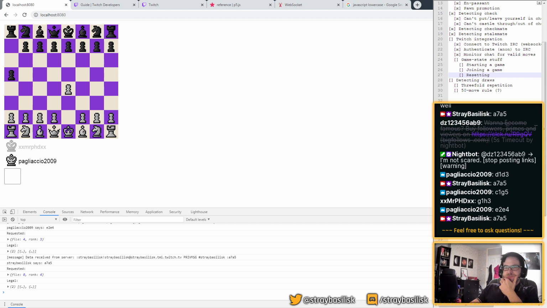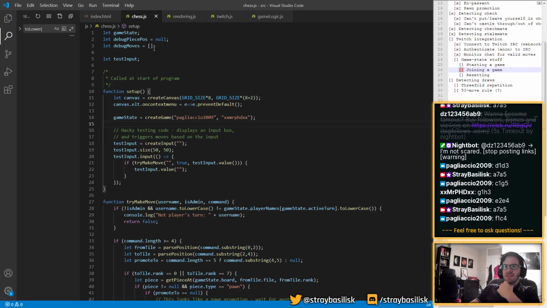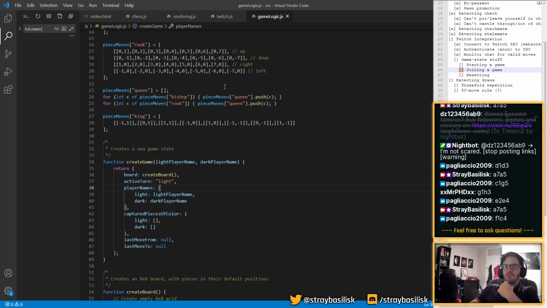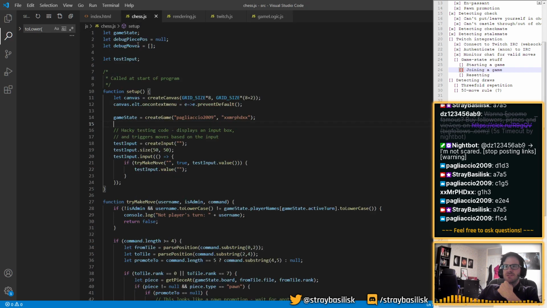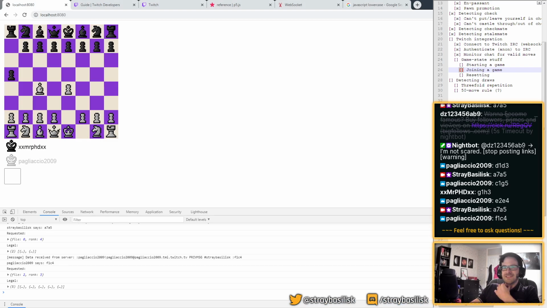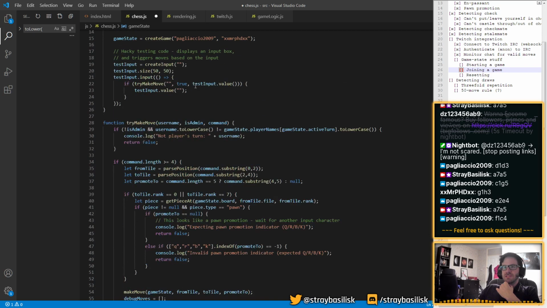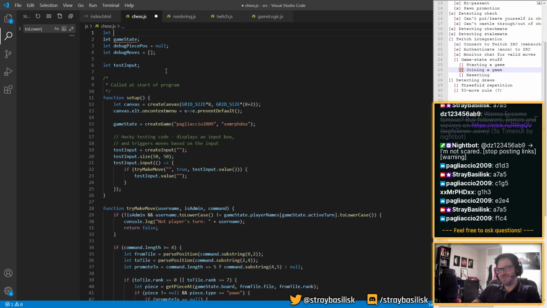So now we need a bit of some states, basically, for this kind of stuff. So let's go through. It's here, right? So let's do like high level state. We've now got 2 levels of state, right? We've got the state of the chess game, and then we've also got the state of the bot itself. I don't know what to call it, like the meta state, like a higher level state, right? Which is like,